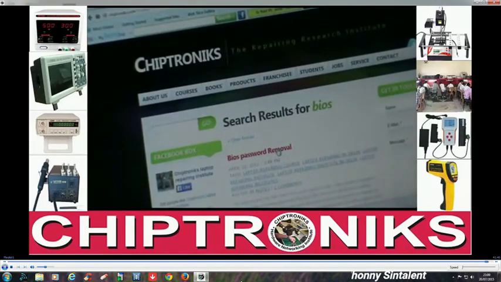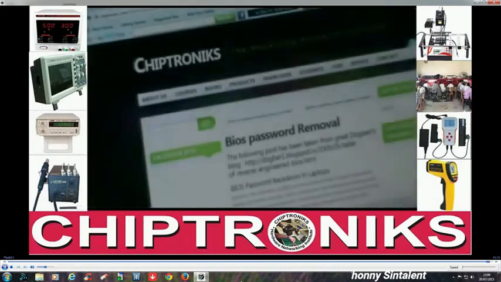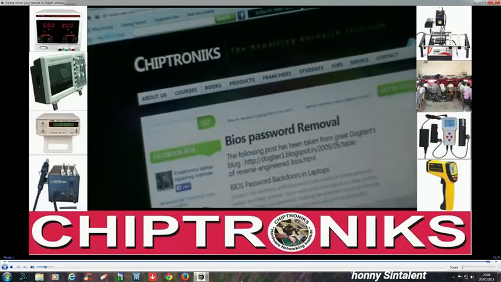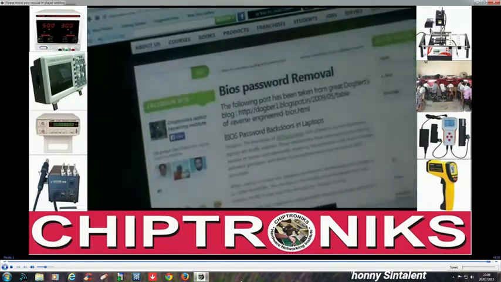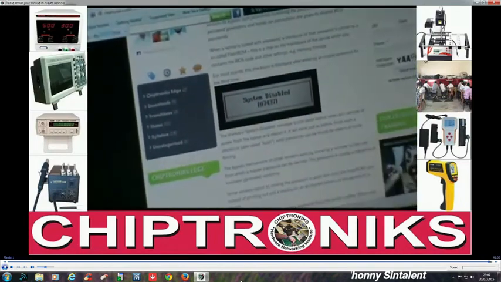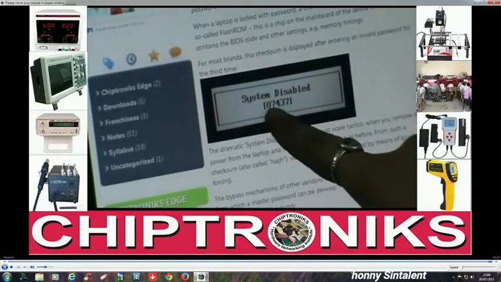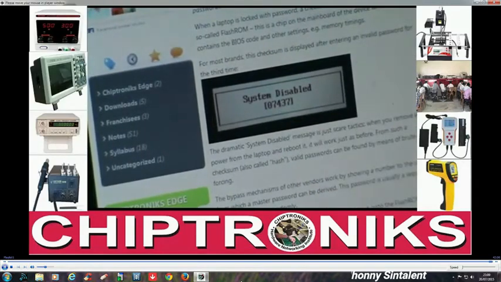This is the Tronik website. Here you can also search for BIOS password removal toolkits. Here you see this type of hash control code, system disabled, and this is your hash code. Now with the help of this hash code,